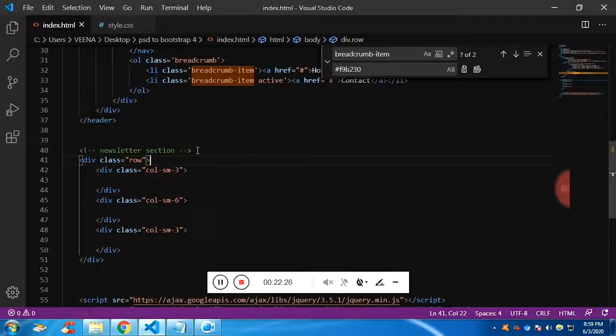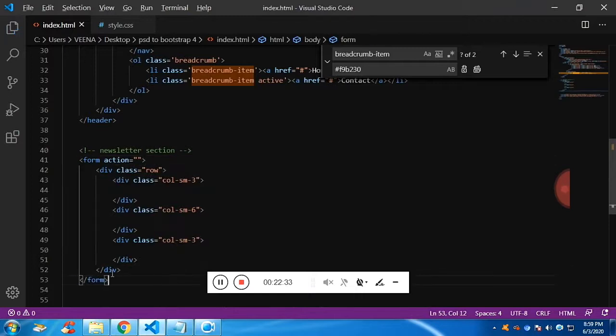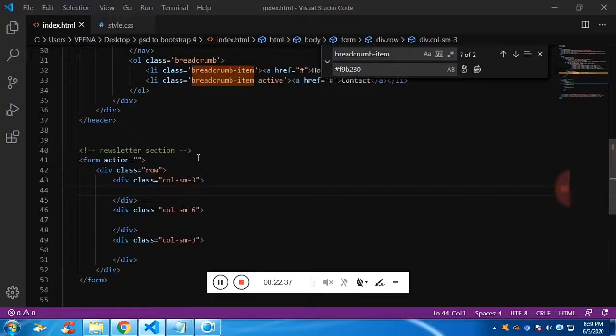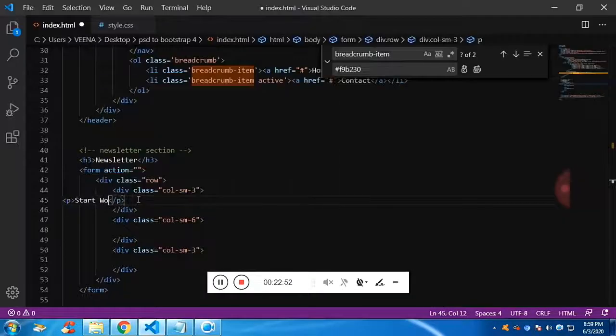And above the row we have a heading. So let's have the heading above the row. So these are the form field, but we have button and we have input field. That's why I'm surrounding the row with form. We have added the heading as well. So if you see, start working here is in the paragraph. So let's create a paragraph and add a text start working here, start working together.